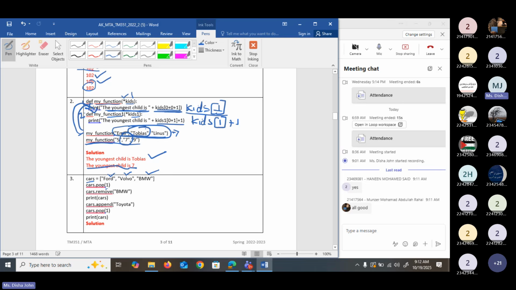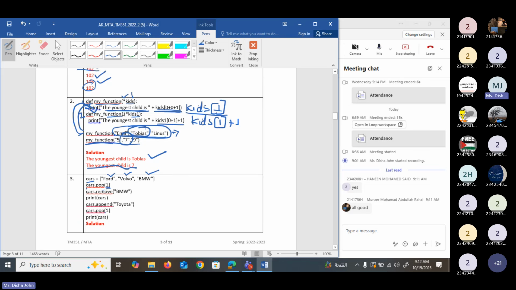So here we specified the index. So it will remove the element from index 1 and it will return that element. Okay. If you did not specify the index for the pop method, then it will remove and return the last element from the list. Okay. So there are two options for the pop method. Either you can specify the index or you can leave the index as empty. So if you specify the index, the element from that index will be removed and returned. If you did not specify the index, the last element will be removed and returned.